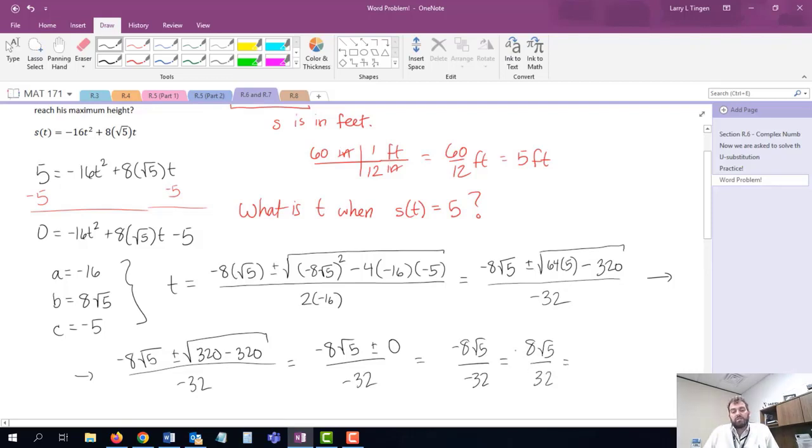If you see some reduction here, you're right. 8 and 32 have a common factor of 8. So this will reduce to the square root of 5 over 4. But I don't know how many seconds the square root of 5 over 4 is. So I put this into a calculator, and I find that I'm looking at